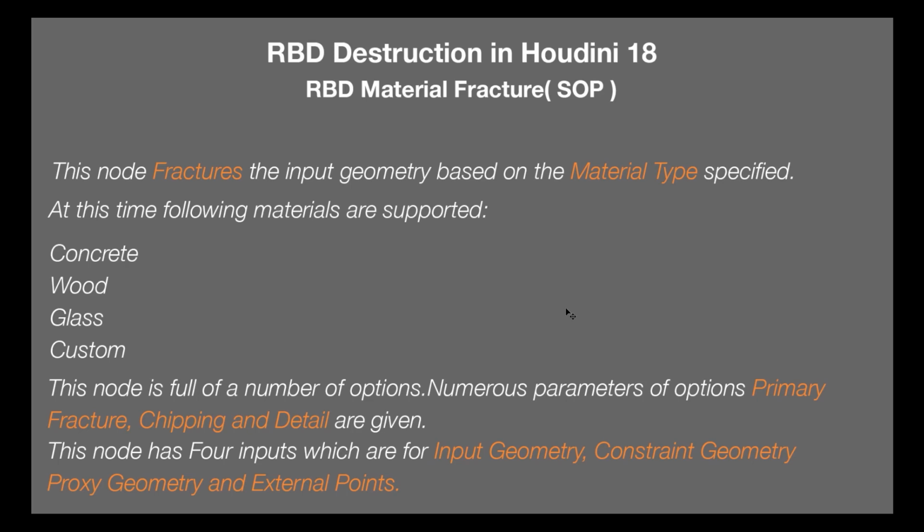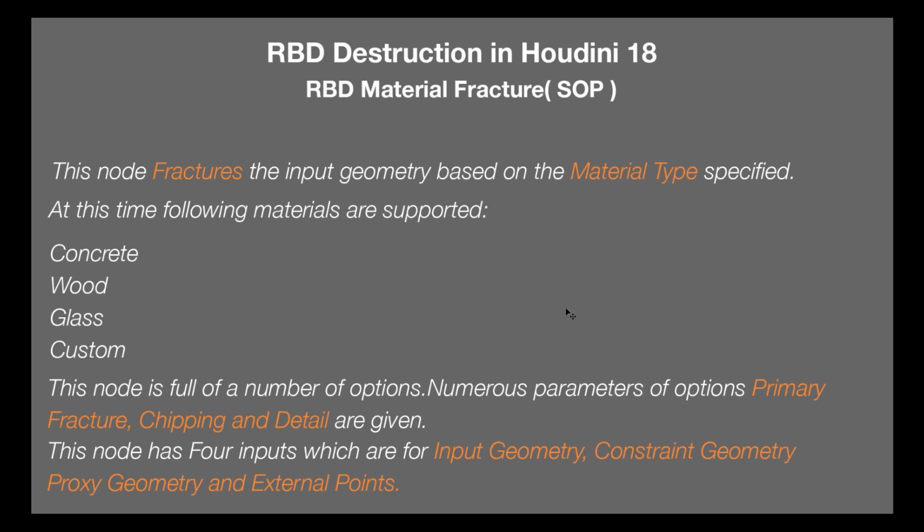So when we talk about material fracture, this is not a new node in 18. This is an old node. This is used for fracturing, and in this one, some material types are also given. Like you can create fracturing for concrete, for wood, for glass. Okay, so for now, these are some of the materials which are given in this node. You can also create your custom one, and related to these material types, so many options are given,